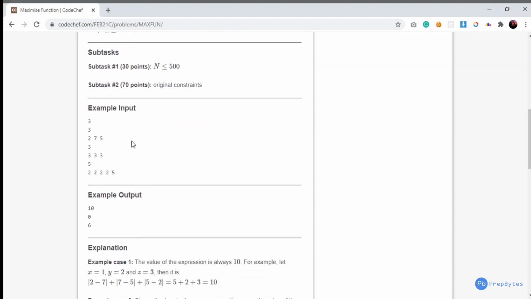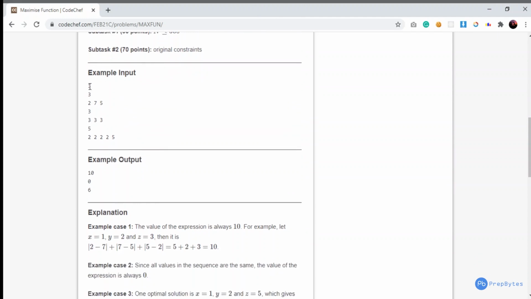The example input here is t equals 3, and n equals 3 for the first test case. 2 7 5 is my sequence, and for this case the maximum value of the expression comes out to be 10. How is that the case?